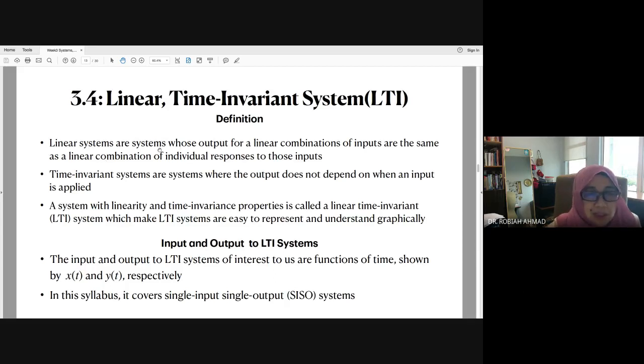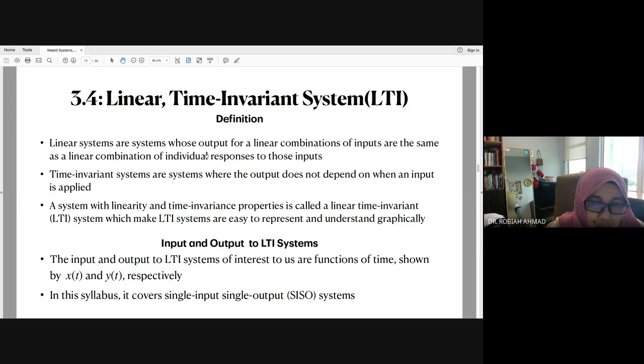Linear systems are systems whose output for a linear combination of inputs is the same as a linear combination of individual responses to those inputs. Maknanya linear combination of individual responses ni output dia lah. So maknanya kalau input dia tu adalah the combination of inputs, so dia akan produce the same combination of outputs. Time invariant systems are systems where the output does not depend on when an input is